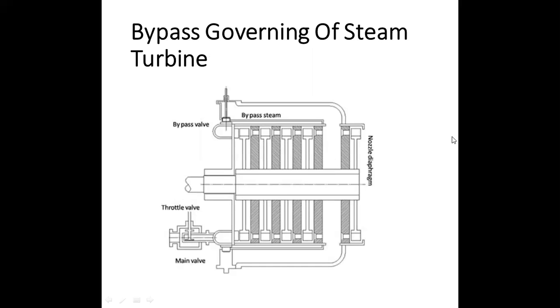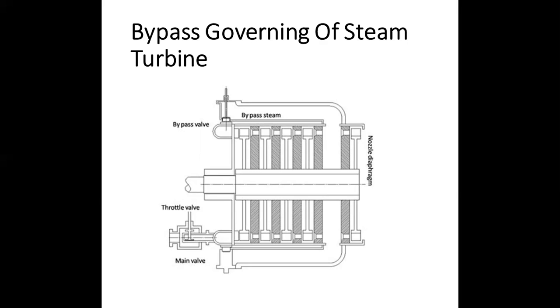Bypass governing of steam turbine. Bypass governing of a steam turbine is a method where a bypass line is provided for the steam. Especially, this is used when the turbine is running in overload condition. The bypass line is provided for passing the steam from the first stage nozzle box into a later stage where work output increases. This bypass steam is automatically regulated by the lift of a valve which is under the control of the